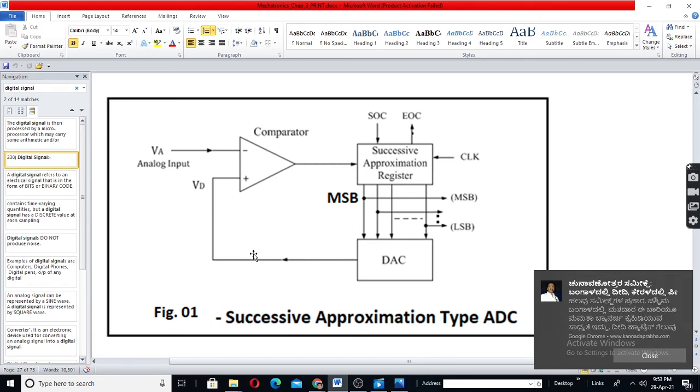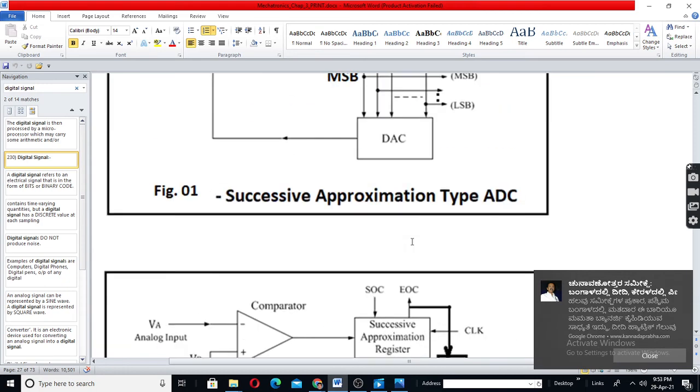So here you will get 2 volt, whatever it is. For 2.3 volt, you will get output which is for 2 volt, means 0 1 0. So after 3 clock pulses, end of conversion will become high to indicate that the conversion is complete. Means one set of all the bits are tried. Then this will be given to a latch.